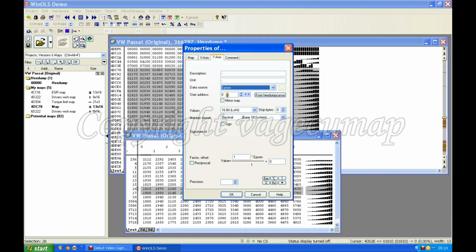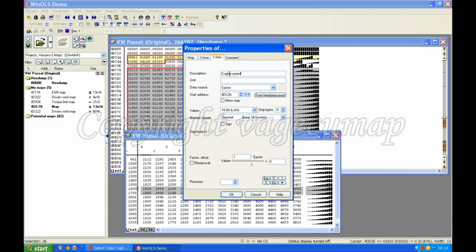But it hasn't got a starting address, so I'm going to tell it to go to where I left the cursor on the hex dump, and that should be 4DC2A. And if I've got that right, as if by magic, I will now have data for my axis. And if I look at that data, it looks recognizable, and I'm pretty sure if you've watched some of these videos you will recognize it. That looks a lot like